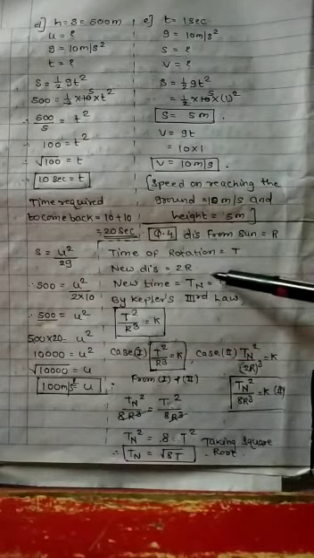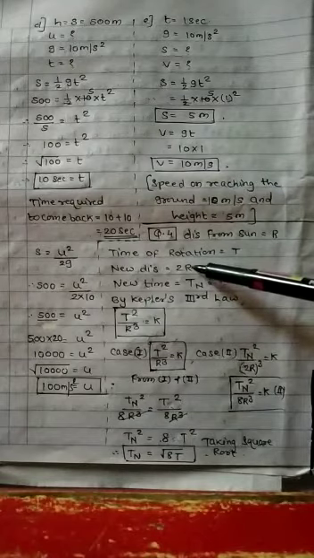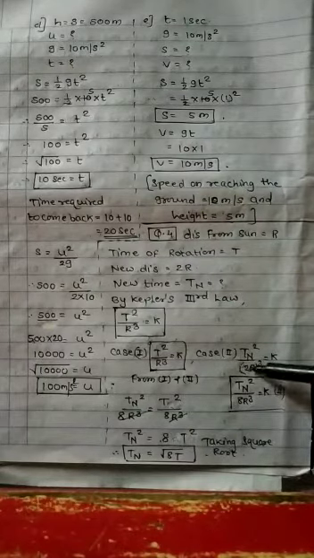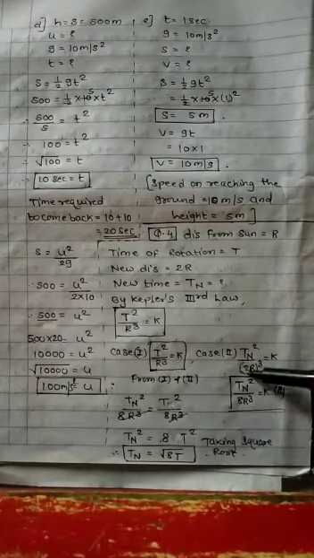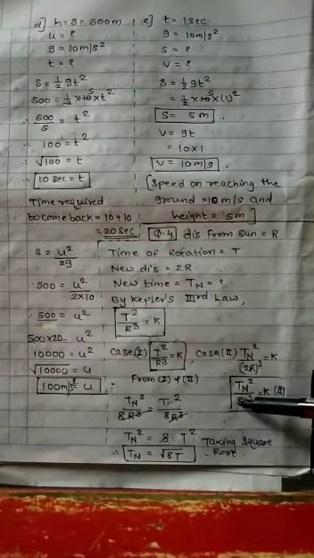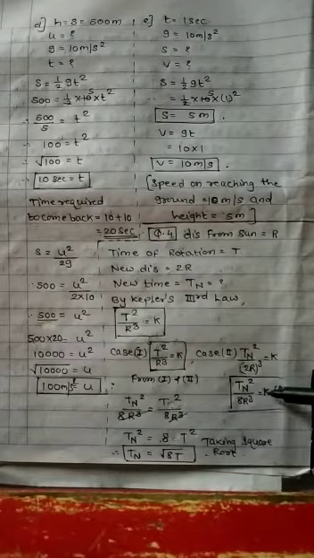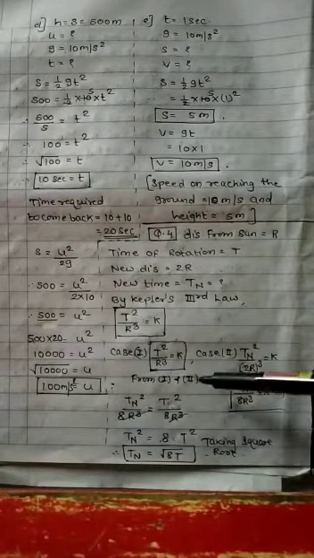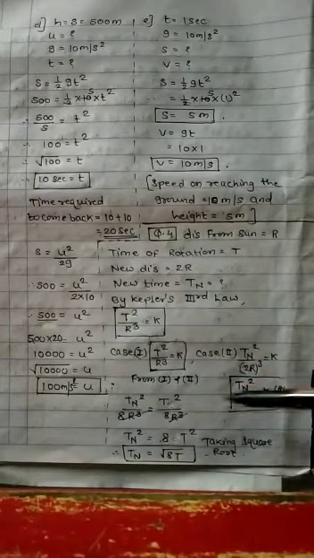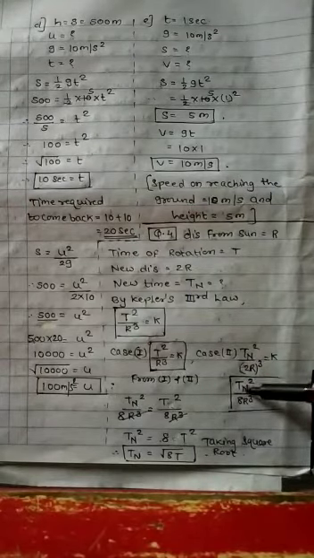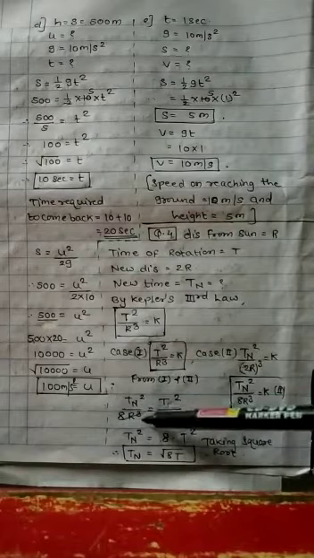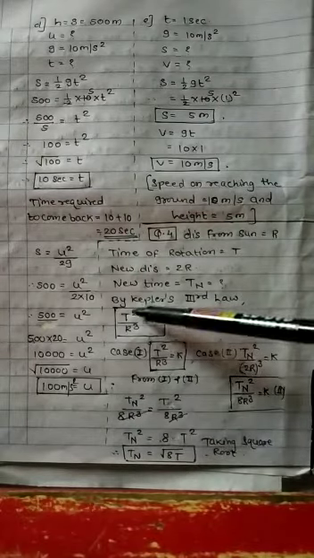And in second case, the distance changes, that is 2r. So here you have to write down 2r cube. 2r cube means 8r cube. Cube of 2 is 8. 8r cube is equal to k. So this is your first case, this is your second case. So from first and second case, tn square upon 8r cube is equal to t square upon r cube.